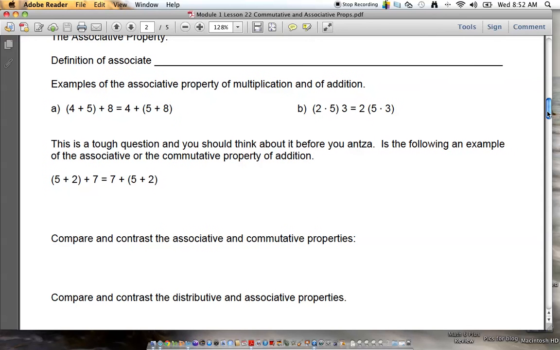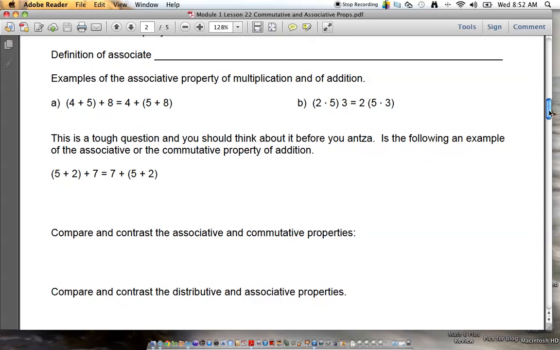All right, so now we get to the associative property. Now, what does the word associate mean in the English language? To a common concept. A little bit more than that. You're on the right path, but we've got to get a little more specific. Associate. To be grouped with. Okay? To associate means to be grouped with. For example,